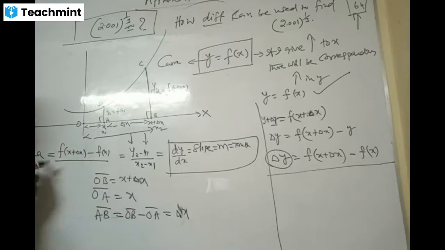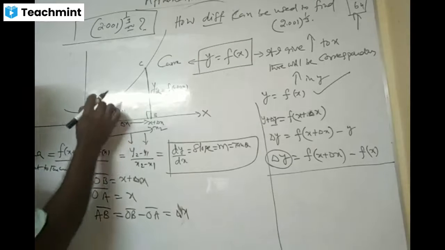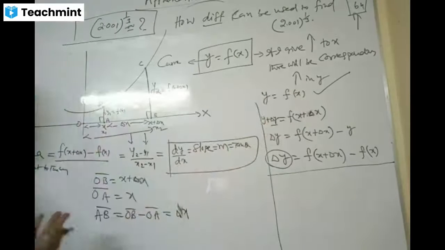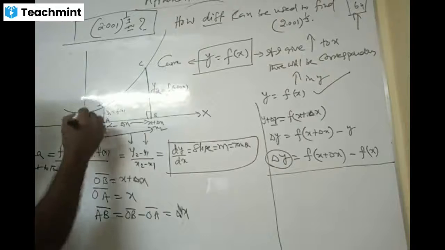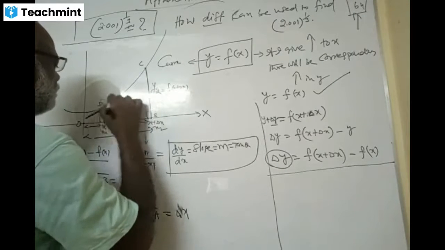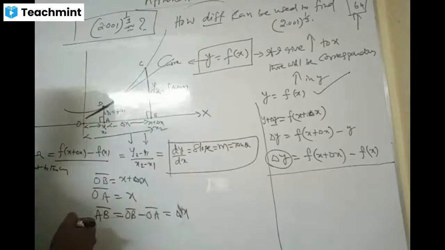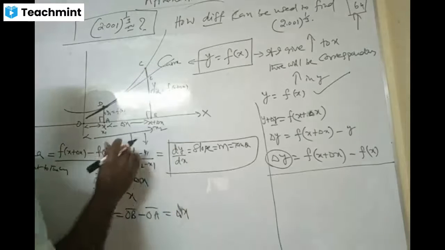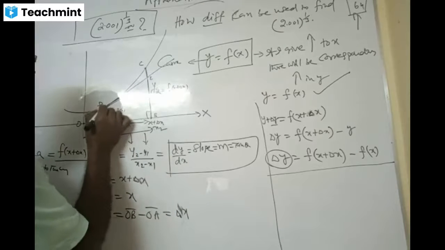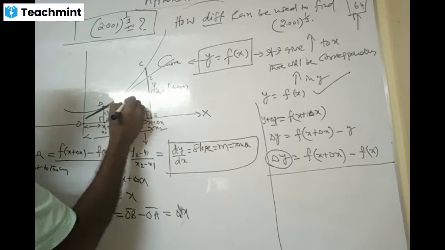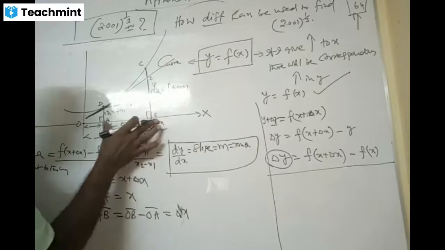So, the slope of a tangent to the curve. Friends, this point is called (x, y). F of x is nothing but y, or you can take y1 also, the initial value of y. So I am drawing a tangent here. This is my tangent. From D you draw a horizontal line at 90 degrees. What is this length called? Delta x. Just now you said delta x here, correct?